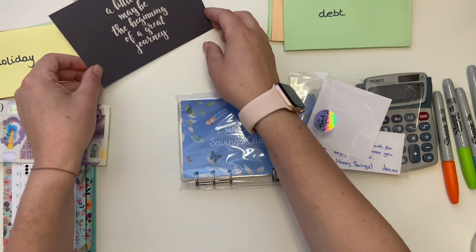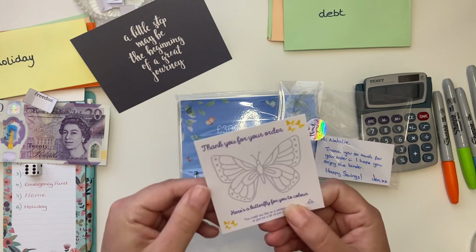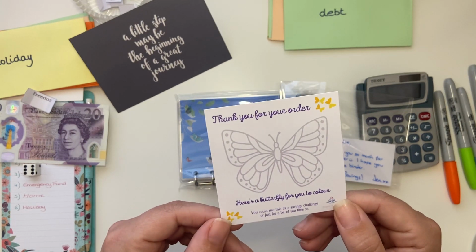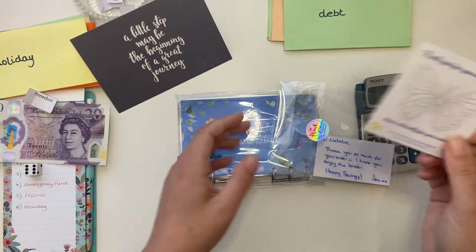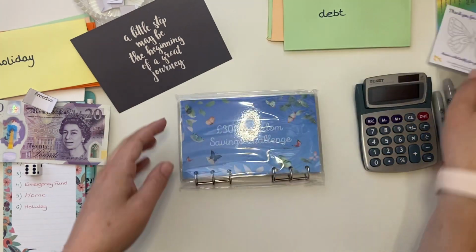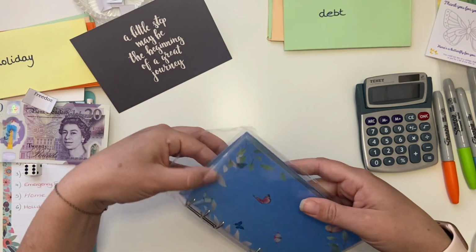I do love that. Put that there. This is in here. Thank you for your order. Here's a butterfly for you to colour. You can use this as a savings challenge or just a bit of time for you. I love colouring. Thank you so much for your order. I hope you enjoy the pointer. Happy savings. Hey! I'm going to have to open it because I can put my first £20 in to our Freedom